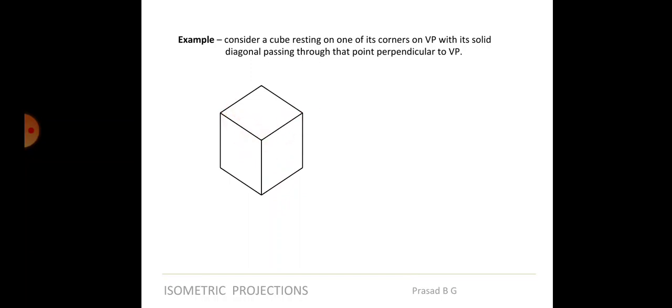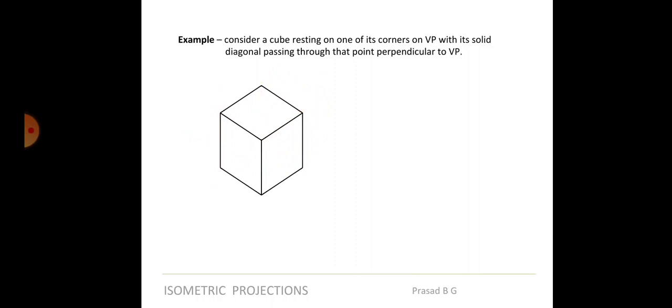So if the question is asked in the examination, draw an isometric projection of a cube, this is what you have to draw. Got it? It's as simple as that. For example, a side will be given to you in the question. Let's say this is 40 mm. Cube means everything will be 40 mm, and you have to draw the 3D view of this. So you will take 40 mm here, 40 mm here, 40 mm here. Similarly 40 here, 40 here, and then 40, 40, 40, 40. You will join this. So this is an isometric projection of a cube.